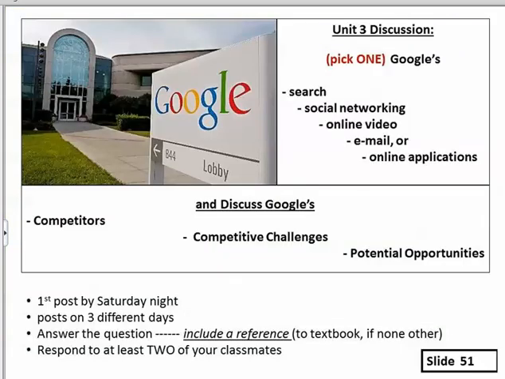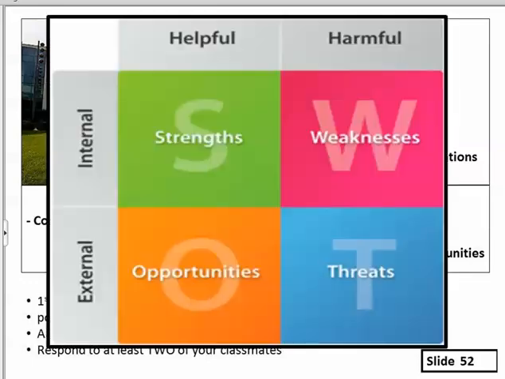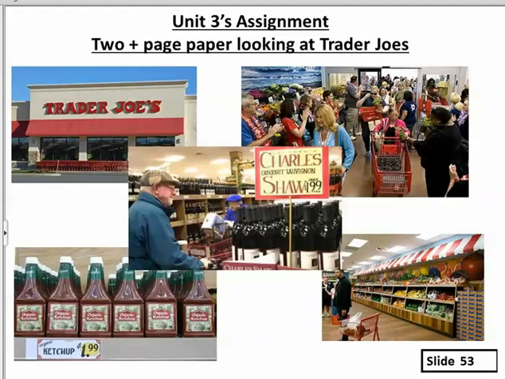Your discussion thread question this week is going to look at Google and some of the business ideas that they have, and you're going to do a little bit of a SWOT analysis on that. Just a little bit of analysis, research on it, that will help you define how you would do research for your own business. It'll get you ahead and get you thinking about that. That's why I mentioned the SWOT analysis, because you're going to do basically a SWOT analysis. That's for the discussion thread.